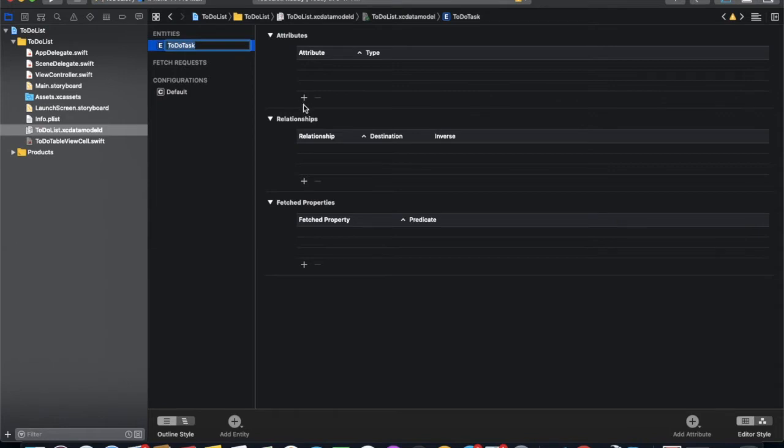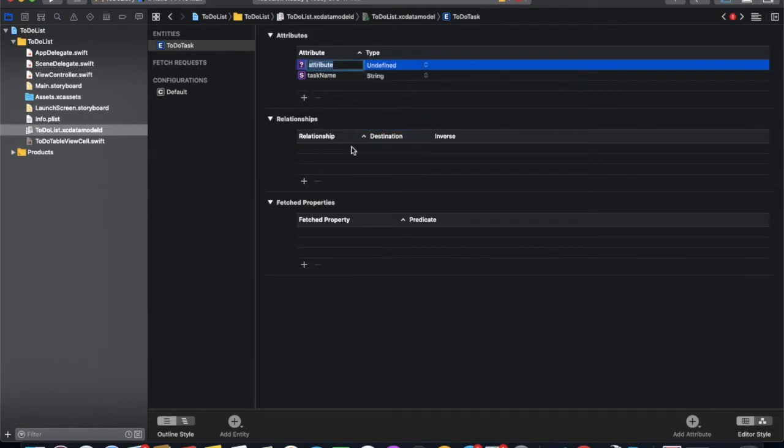Add some fields in entity like task name as a string, task time also as a string. So we have two fields. Now we have a class, we just build it once.